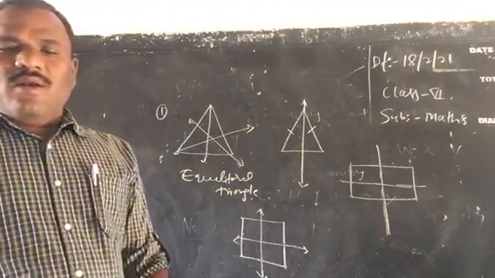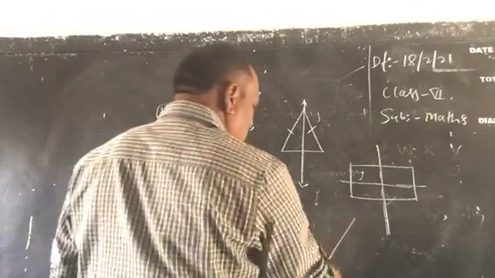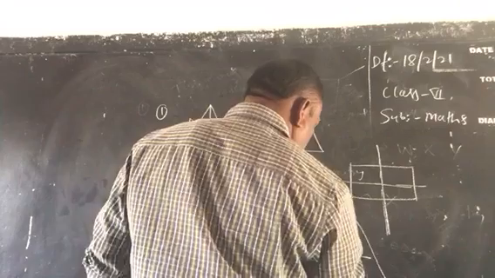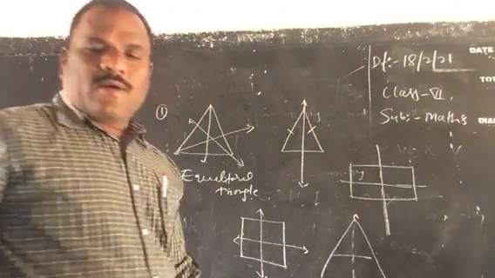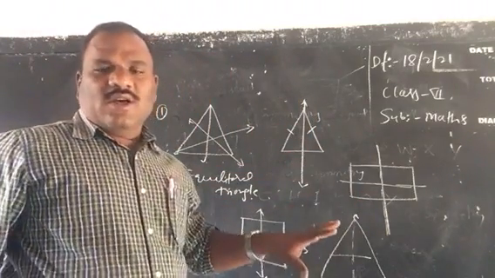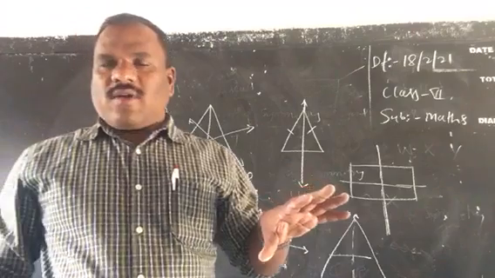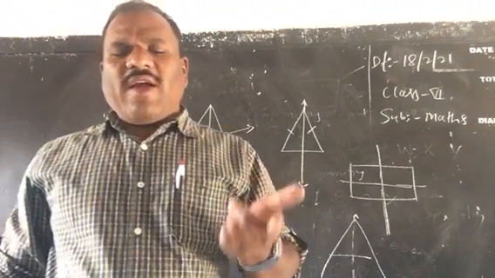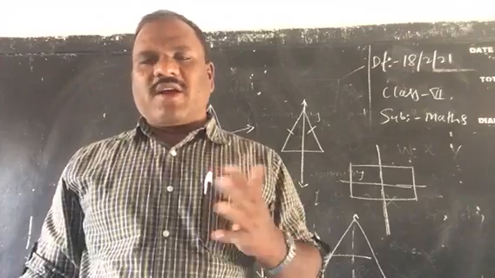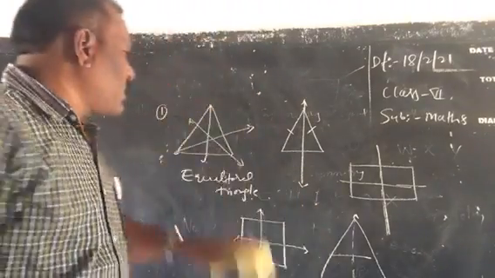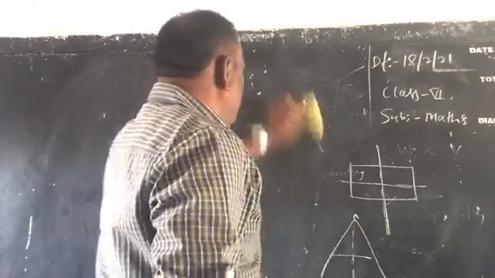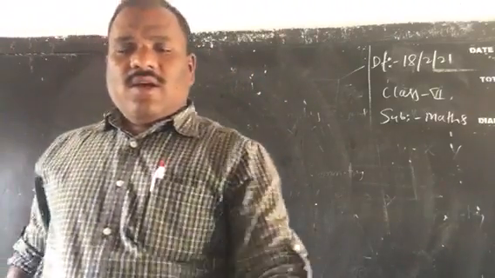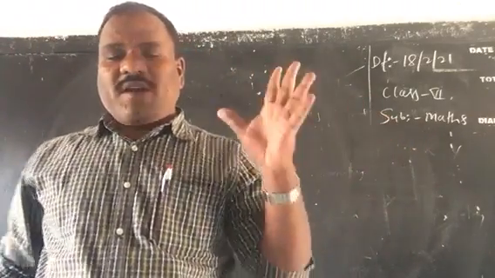Next, if you draw one more figure like this, this also has a line of symmetry. So these are the 5 objects that contain a line of symmetry, children. And one more: draw any 5 objects which are not symmetric. Draw any 5 objects which are not symmetric, children.